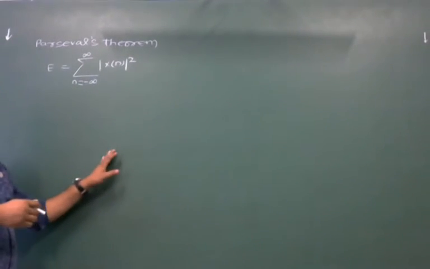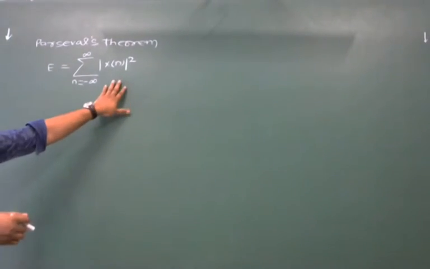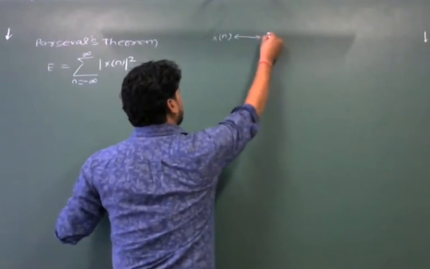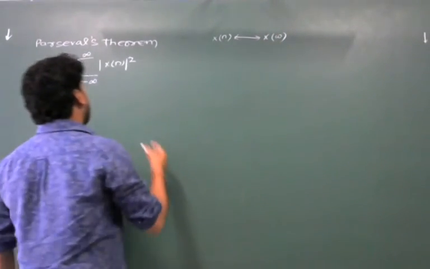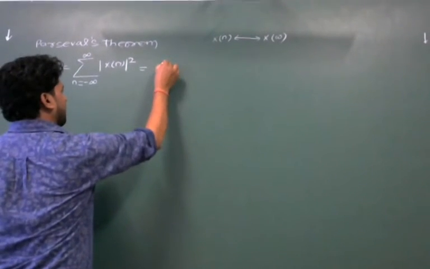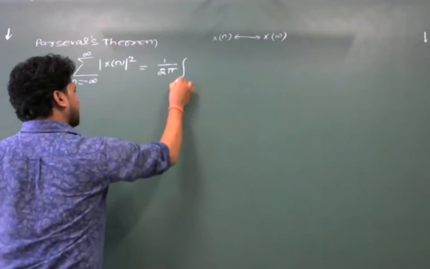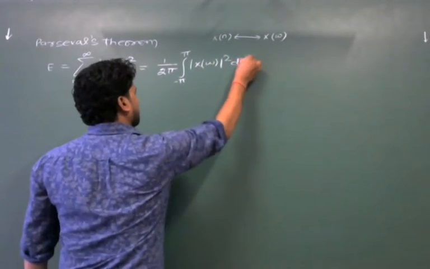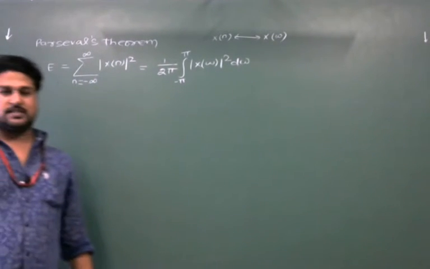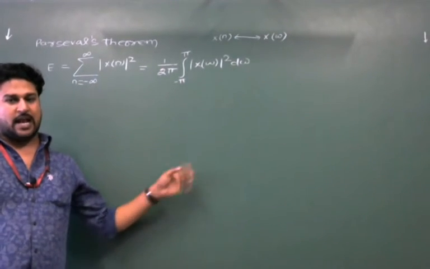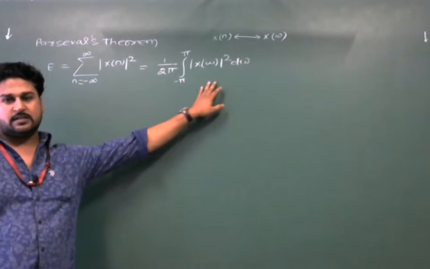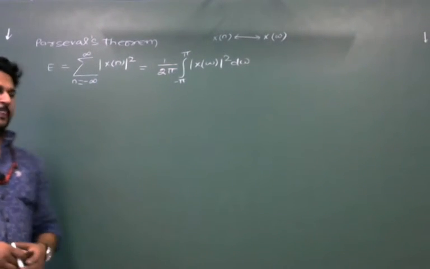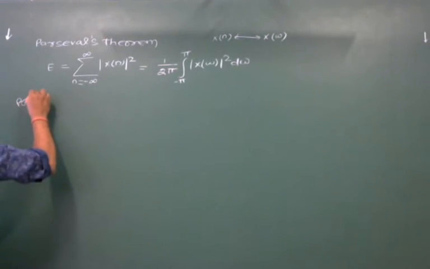And suppose the discrete time Fourier transform of this signal x[n] is capital X of omega, then this summation, or this energy, can be written as 1 upon 2 pi integration from minus pi to pi mod of X of omega square d omega. This is what the Parseval's property states, that the energy of the signal in the frequency domain can be determined by using this integration, which is 1 upon 2 pi integration for one time period mod of X of omega square d omega. So the proof of this property: